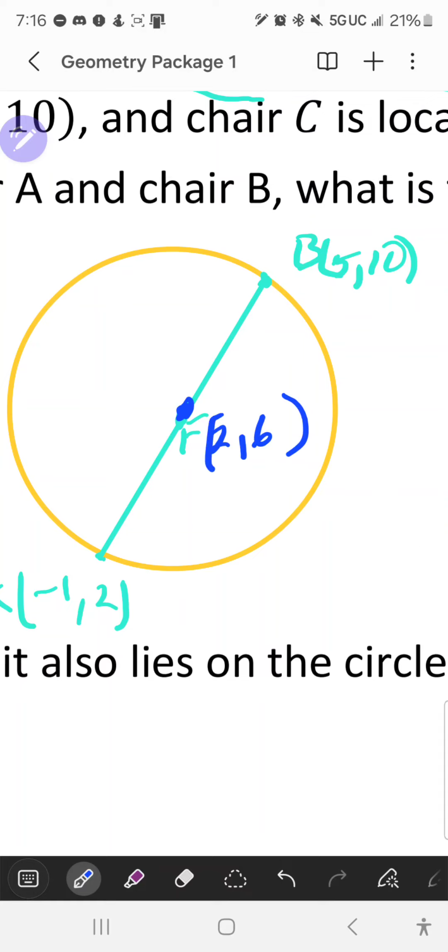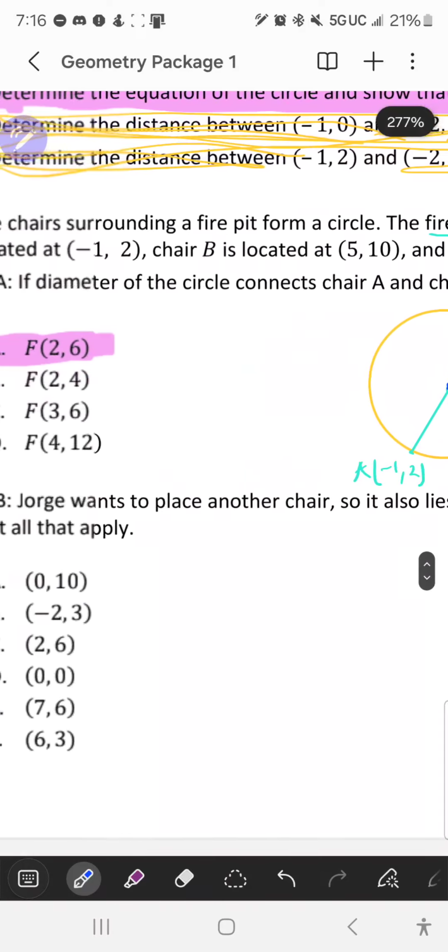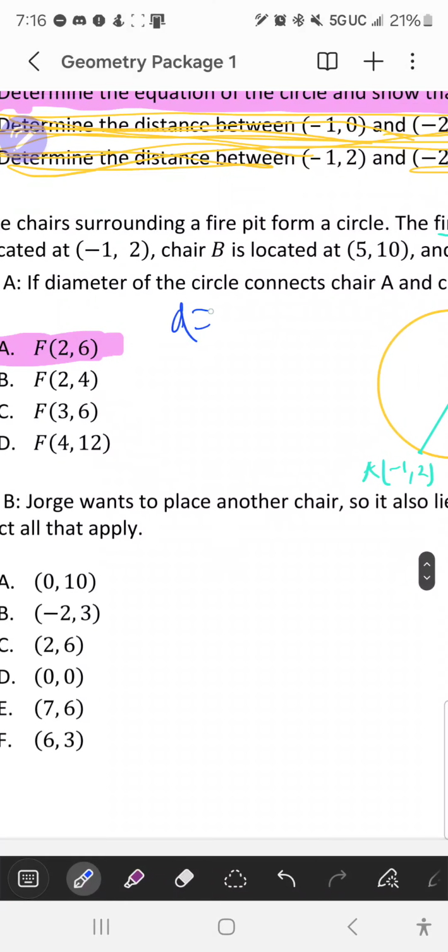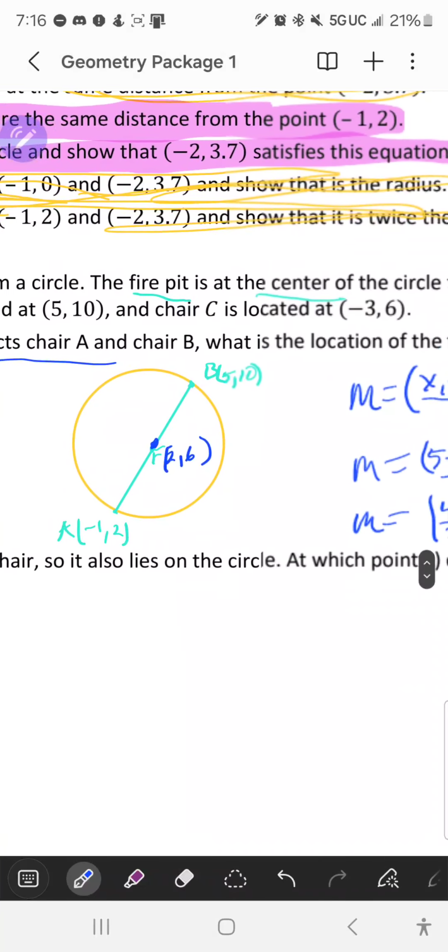Right now, what we are going to do is calculate the radius, the distance of the radius. So we're going to use 2 points. I'm going to select d equals square root, and I know that I'm sorry for the sound. I'm really sorry. So I know that the square root is